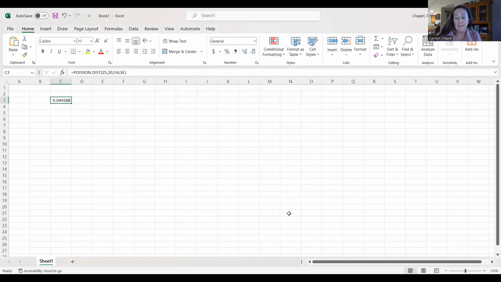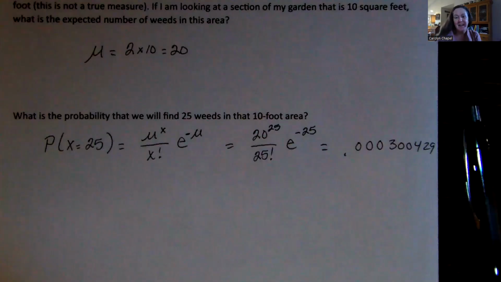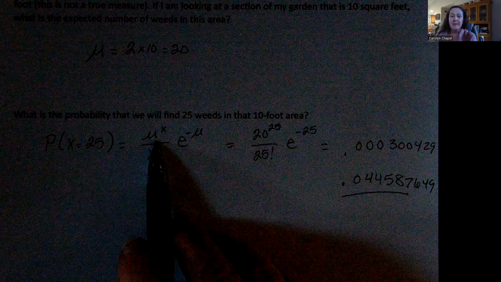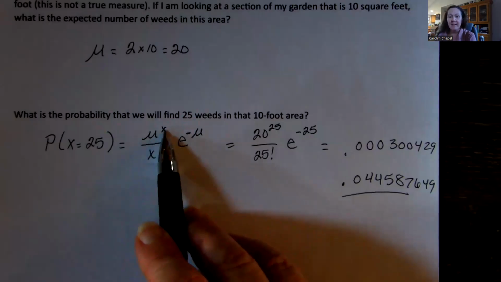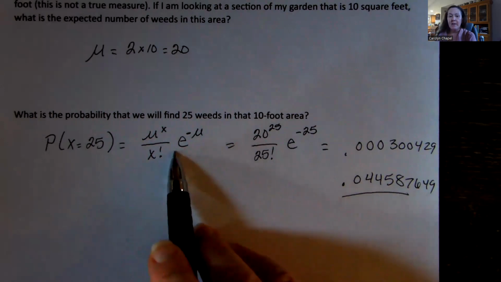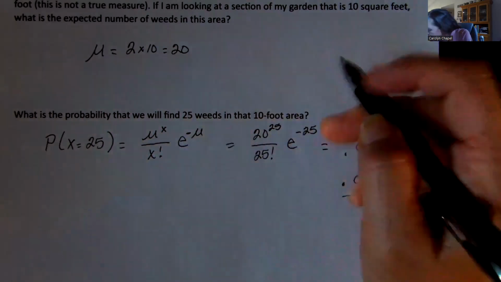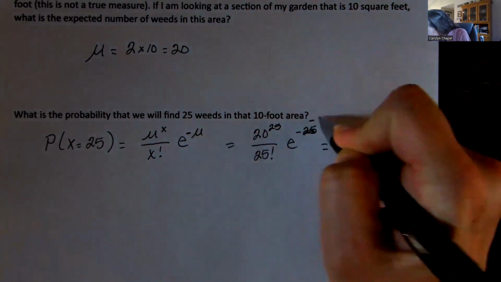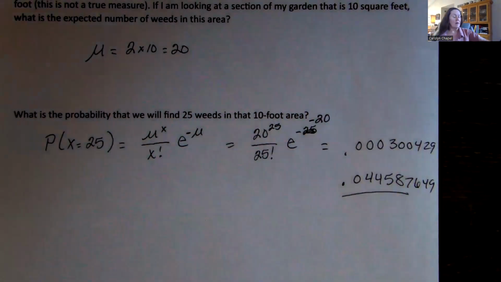I'm going to go back to sharing my guided notes and point out my error. I apologize for my error. My error is right here. It's our mean to the X and X, our E to the mean. So this should have been a -20. Sorry about that. So I will fix mine and make sure I do get the correct answer.